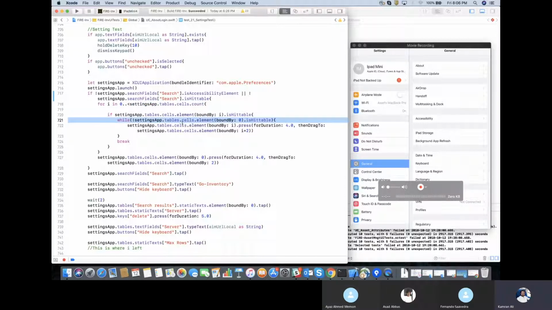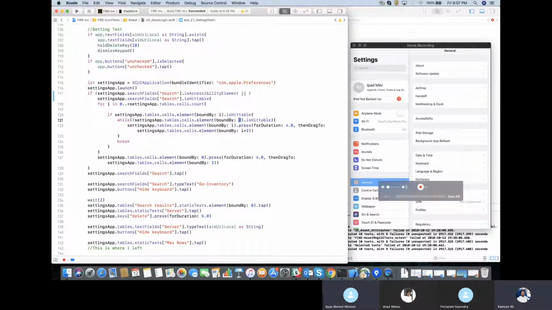Okay, then it is element bound by i, bound by index is hittable. Whatever index it finds first on a screen that is hittable, while it is not hittable, until that 0 element on index is not hittable, that should be the iPad mini, the one that you are looking at on my screen. Until that element is not hittable,